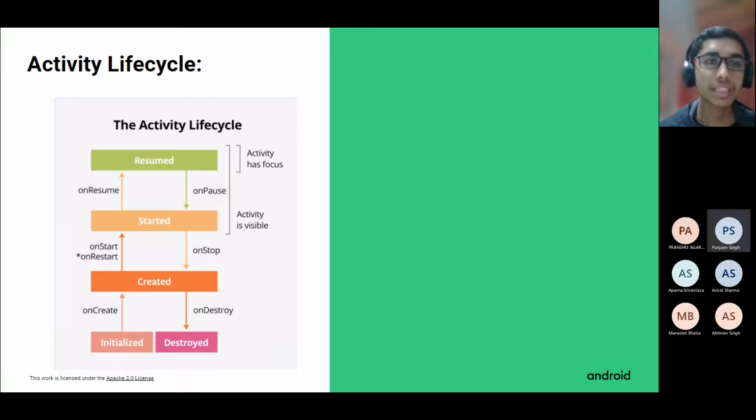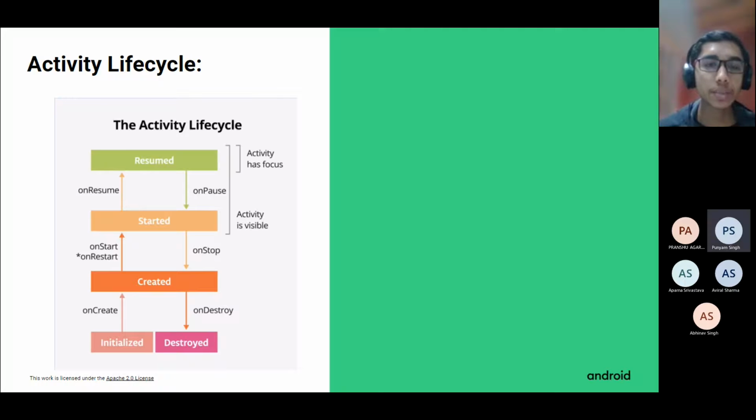It basically refers to all the stages an activity goes through when the user is interacting with the app. All right. So first we have all the code and how it's supposed to be constructed in the class, which is basically our initialized state. After that, when the activity is started, or the first time the activity is needed, it has to come to the created state, where memory is allocated for that activity in the system, and certain background tasks are already started running. And then after that, when the user is finally able to see the activity, it comes to the started state. Okay.